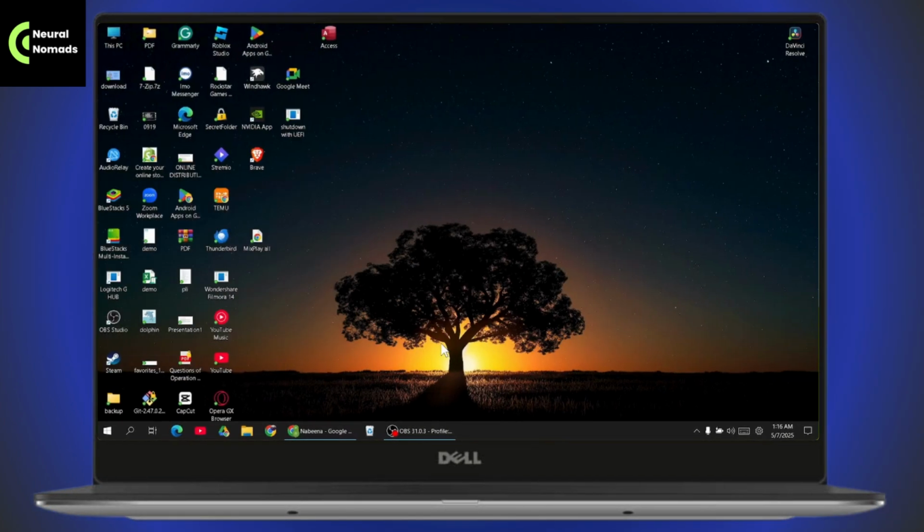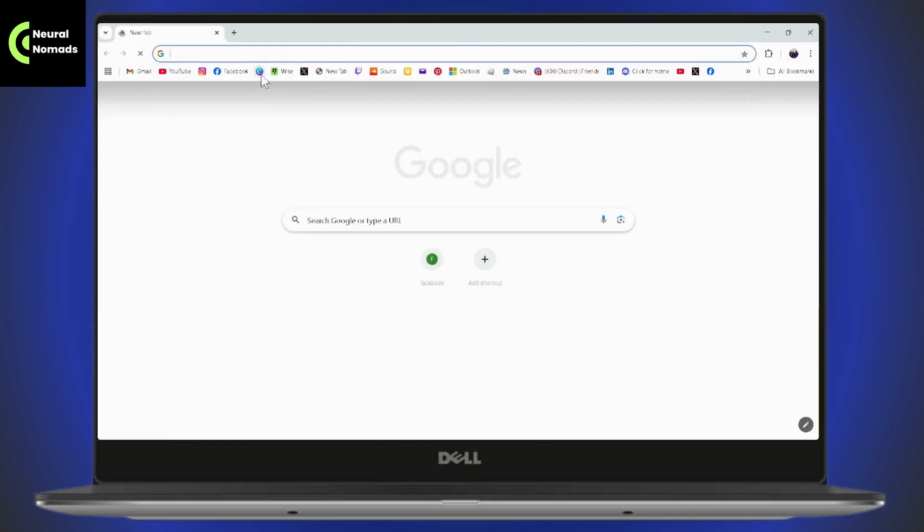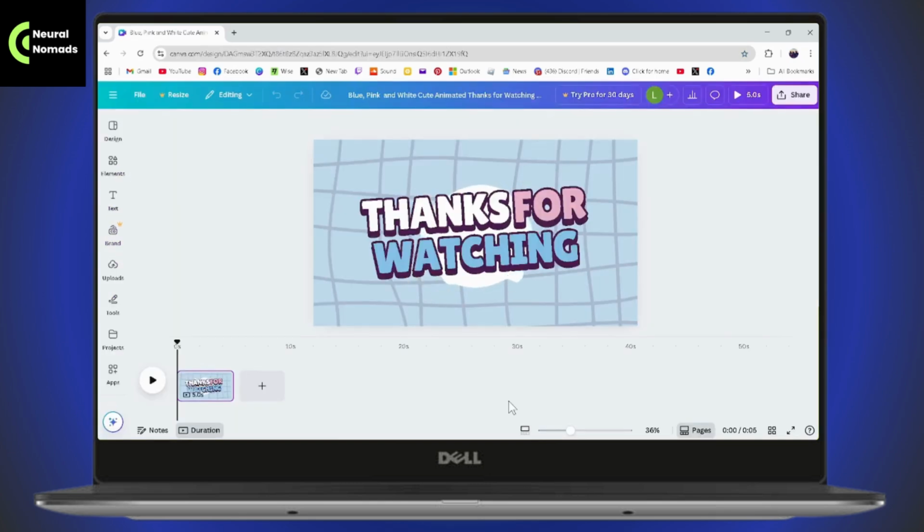So if you want to add voiceover in Canva per slide, then first you need to open up your browser. Make sure that you have an internet connection. After opening your browser, you need to go with Canva. On your Canva, just simply go with a design, an existing design, or go with a new design. So after opening your slides, now if you want to add a voiceover, then you just need to simply go with